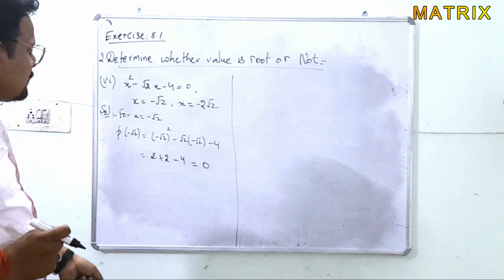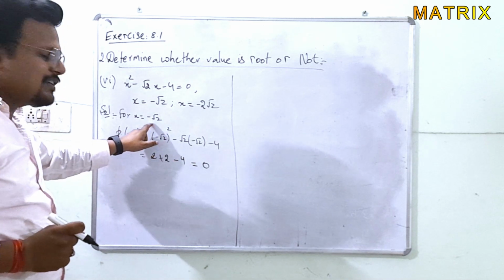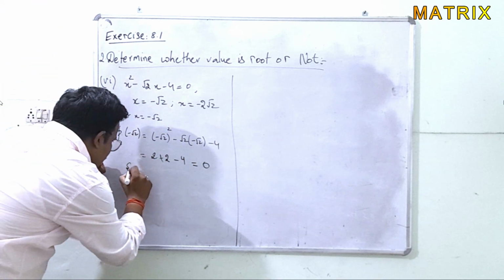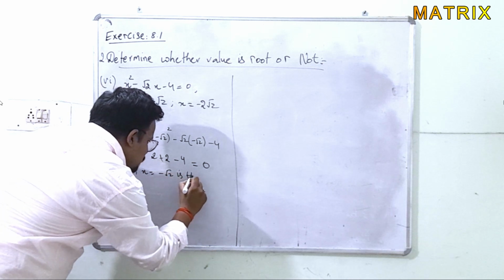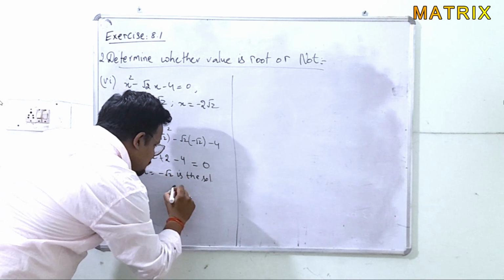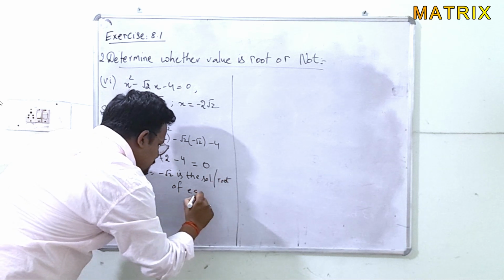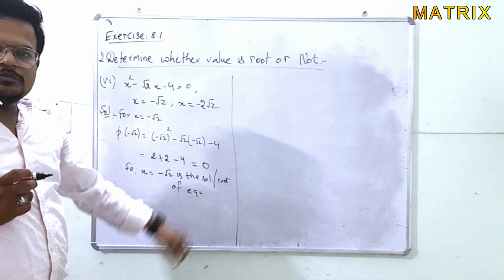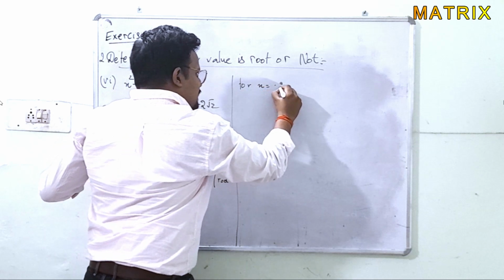So what does that mean? It means that this is the value which is making this equation 0. So we can say x is equal to minus root 2 is the solution. So x is equal to minus root of 2 is the solution, or root, of this equation. Clear? Now let's check for x is equal to minus 2 root 2. So for x is equal to minus 2 root 2,